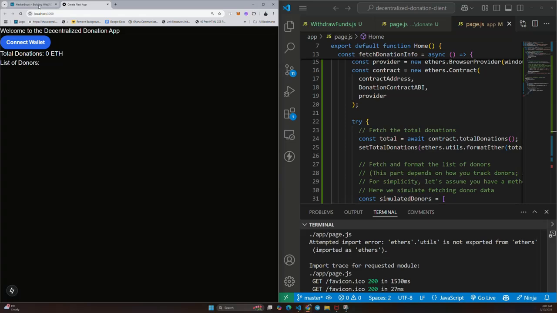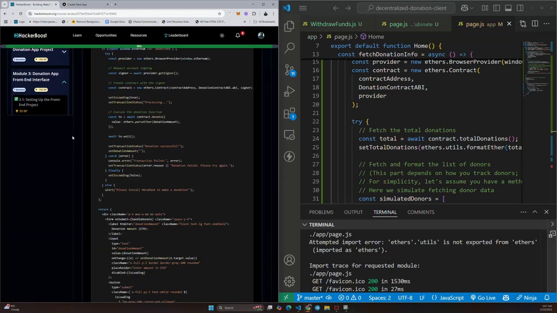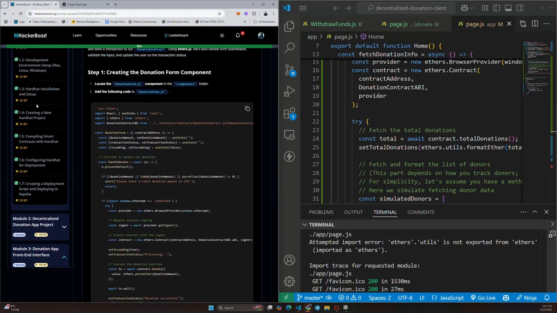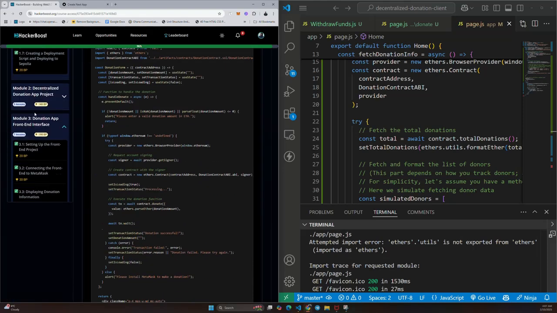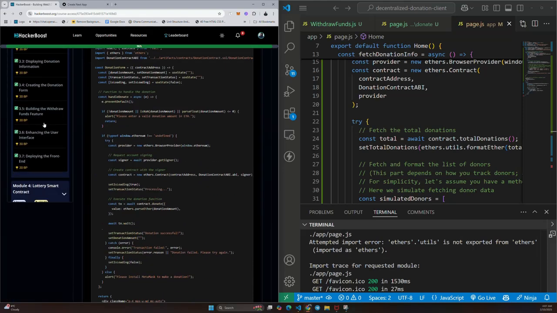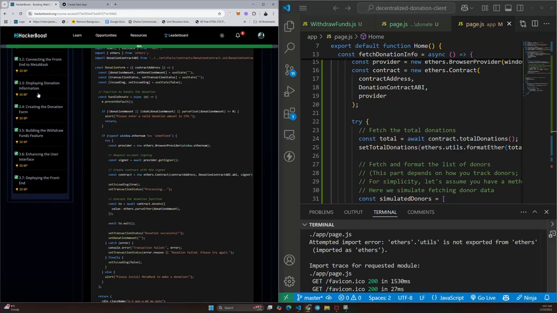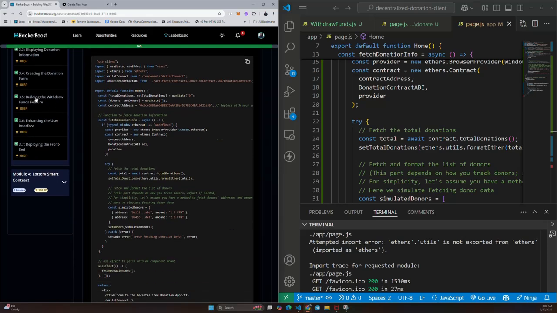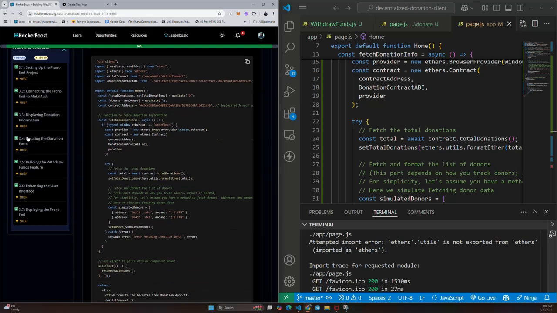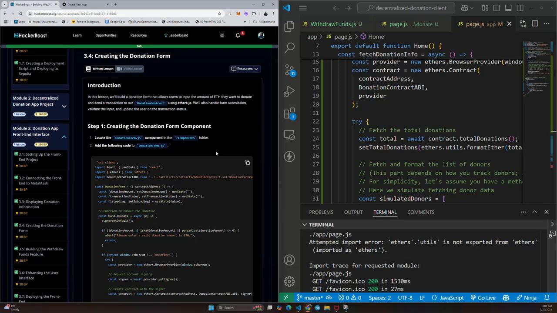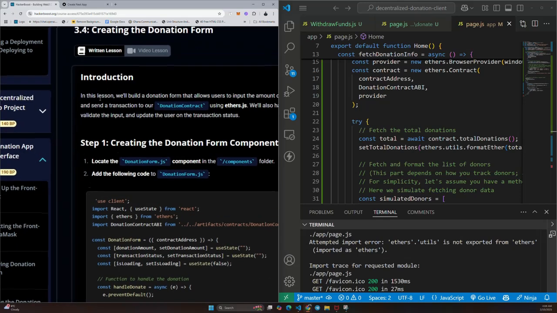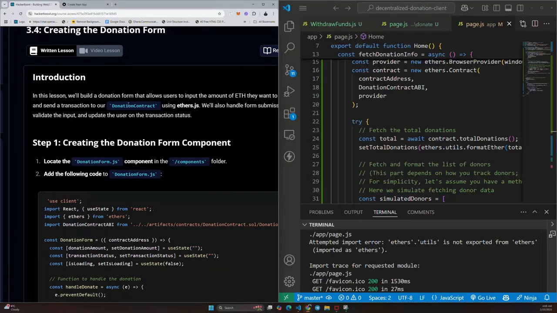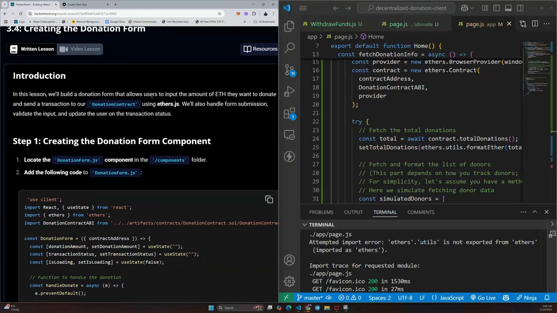We are done with this stage, which is 3.3. We are done with 3.3. So let's move to 3.4. All right. Okay, so in 3.4, in this lesson, we will build a donation form that allows users to input